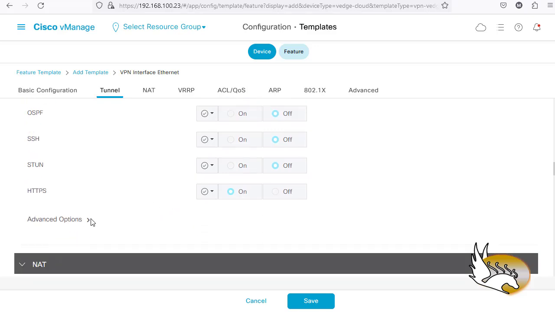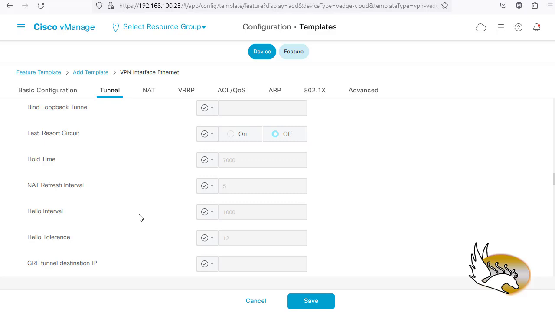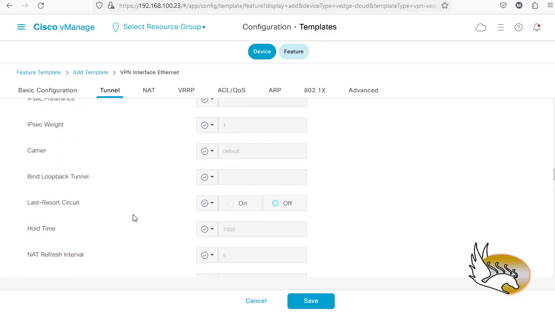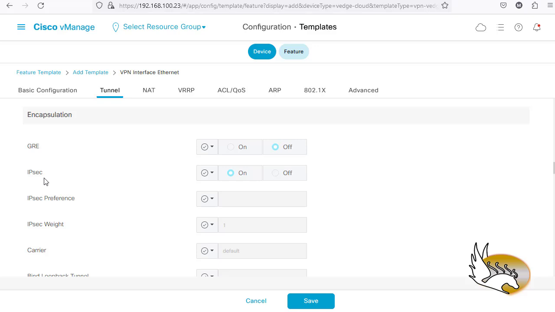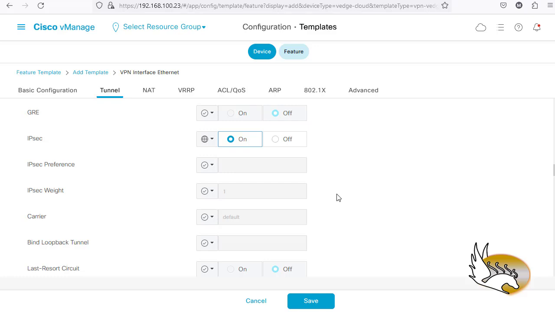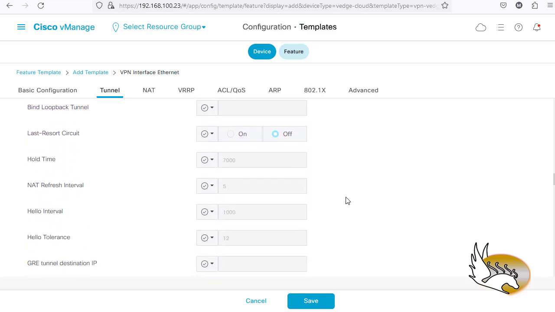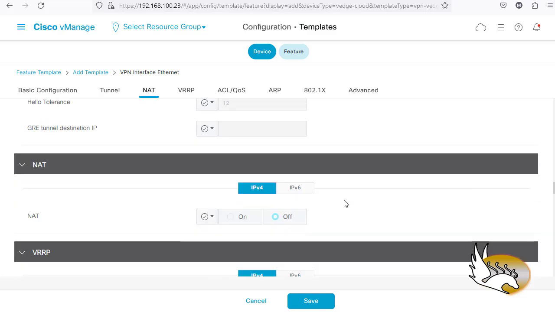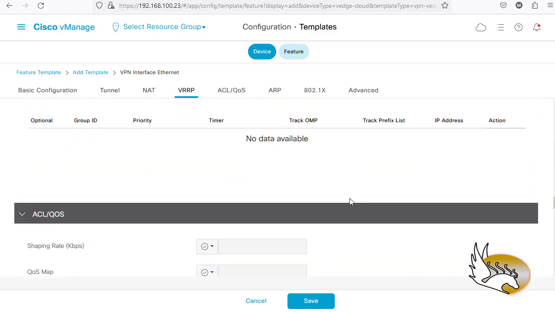and there are some advanced options which I'm going to open. And for advanced option, here it is. IPsec is by default on. So the encapsulation is by default IPsec, so I'm not going to change it. Or you can just make it globally configured. That's okay. And is there any specific thing about IPsec? I don't have any configuration about IPsec, so I'm not going to do anything about that. So